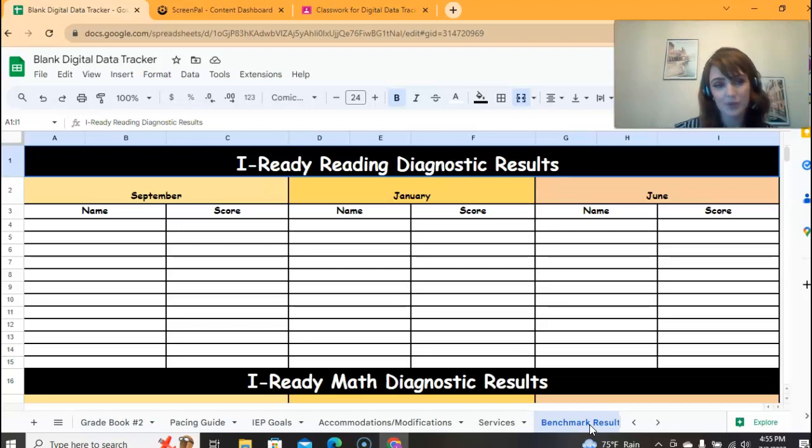There's a place for you to put the student name and the score. And again, I recommend color coding. So if your student is not meeting expectations, you can easily highlight and know that's a student you have to work with. And then in a minute, you'll see